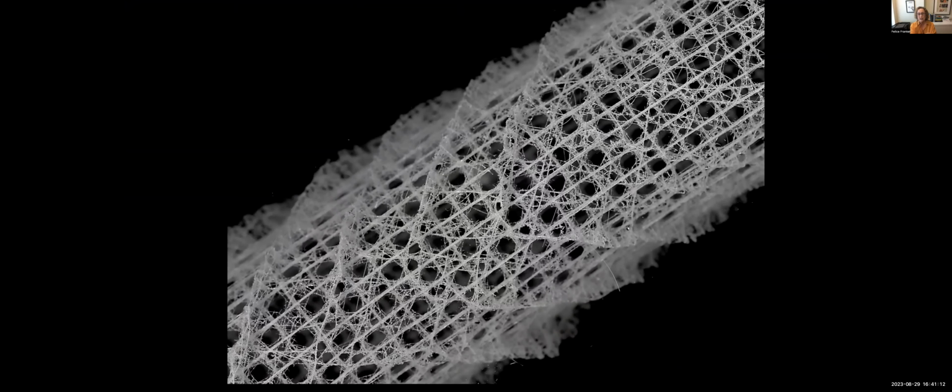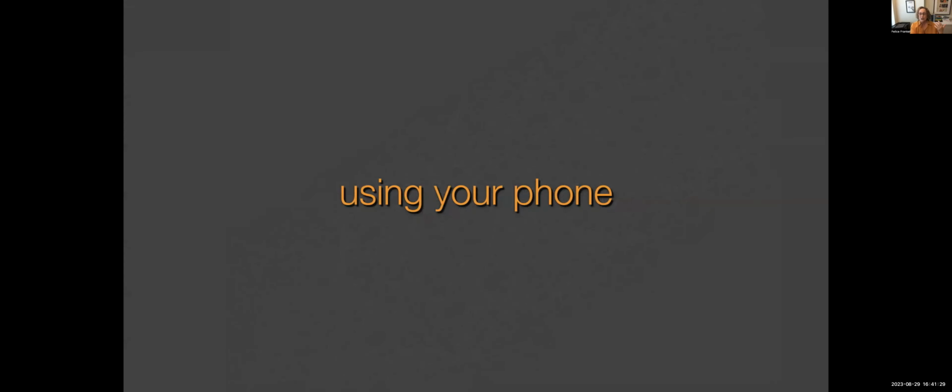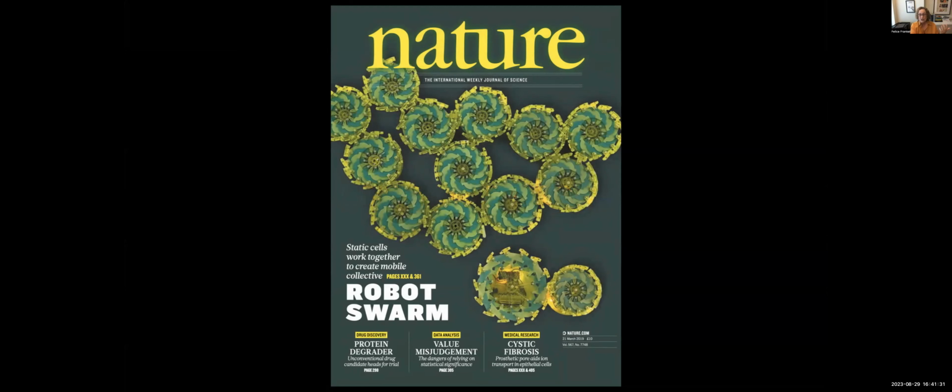I am zooming into the image. I'm not making another image. It's zooming into a 340 meg file. You could see detail of 50 microns on the scanner. It's crazy and wonderful, and you should consider it if you're making things, even 3-dimensional things. I talk about using your phone. In fact, this Nature cover I made with my phone.